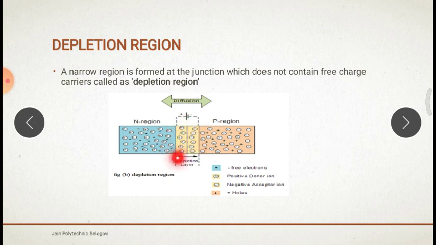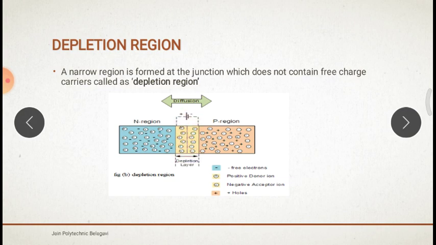So potential barrier we can call it as. So it forms the one barrier voltage. Now onwards, the more electrons crossing the junction here to recombine with the holes. So this layer is called as there is no free charge carriers. If there is no free charge carriers, there is no free electrons. This region is called as the depletion layer or depletion region.